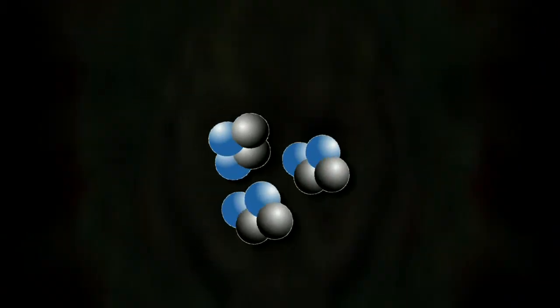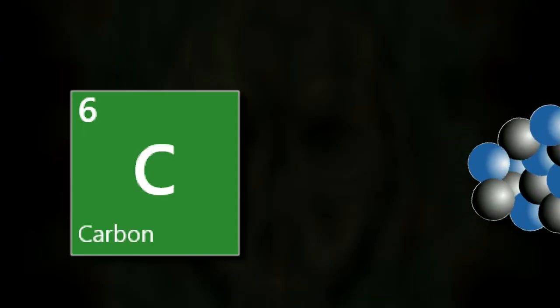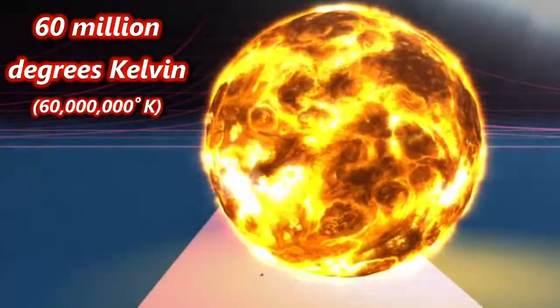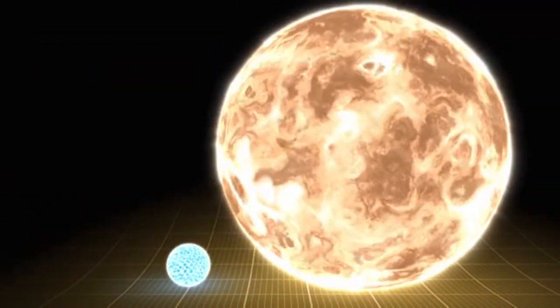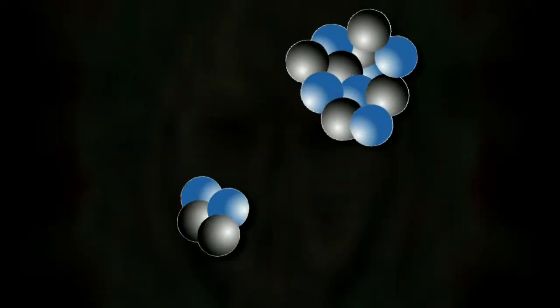So to take the next step in the periodic table past helium, it's actually necessary that 3 helium nuclei collide to form element number 6 on the table, carbon. As you can probably imagine, these triple collisions are very unlikely events, and are actually only possible if the helium nuclei collide at extremely high temperatures. We're talking 60 million degrees Kelvin, which is hotter than the core of our Sun and can only be achieved in extremely massive stars. At these temperatures, the carbon nucleus will also fuse with the helium nucleus to form element